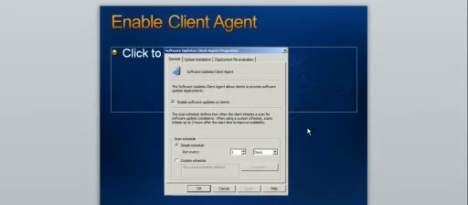Without wasting any more time, let's look into the first settings that you need to configure. First, you need to enable the client agent. This is the screen that you're going to see. In order for you to do software updates, you need to enable the software updates on client machines. After that, you need to configure the scanning, which allows the agent to connect to System Center Configuration Manager to check for software update compliance. Once you have enabled the client agents,